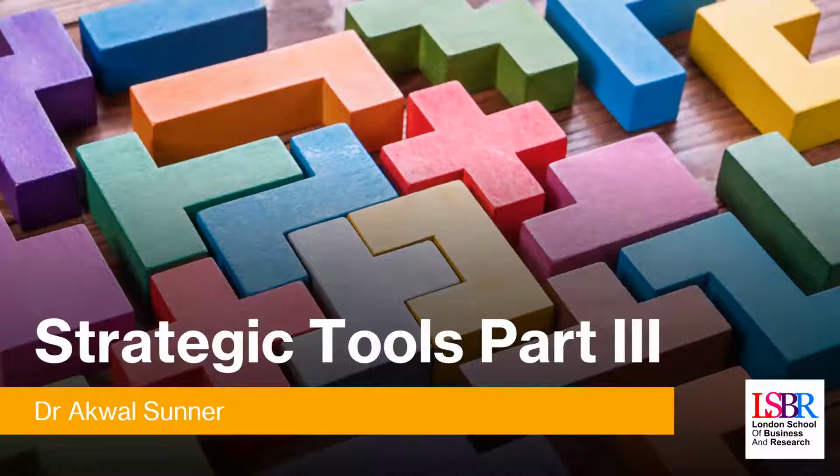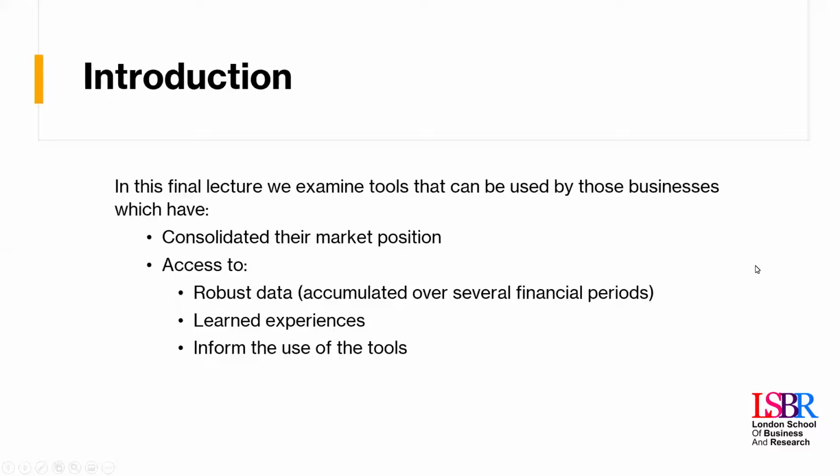So today we are going to start by looking at Horizon 3. In this final lecture, we'll look at those tools which can be used to consolidate a market position, okay? So the business has already thought about what it's doing in the immediate term. It's got a plan for what's to come, but now it's all about looking at how you create a new enterprise. How do you consolidate your business for the future so that it can continue to thrive?